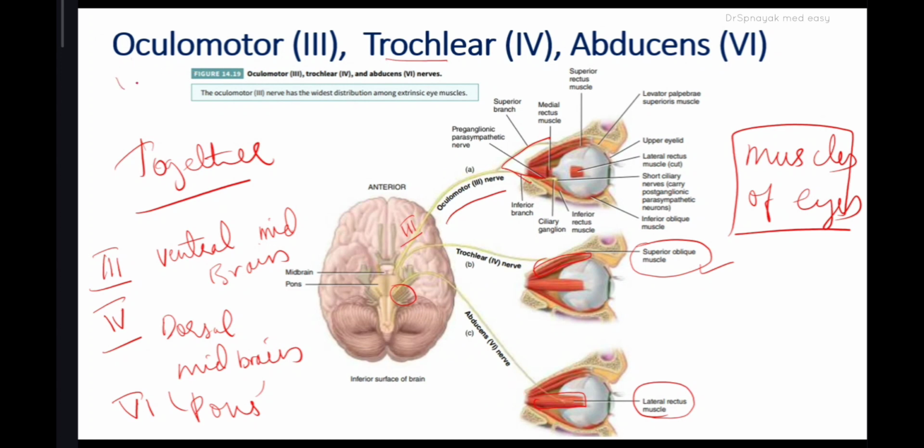All these three nerves: oculomotor nerve, trochlear nerve, abducens nerve. The oculomotor nerve is again dividing into two branches, superior and inferior. They are innervating the superior part of the muscles and the inferior part of the muscles. And